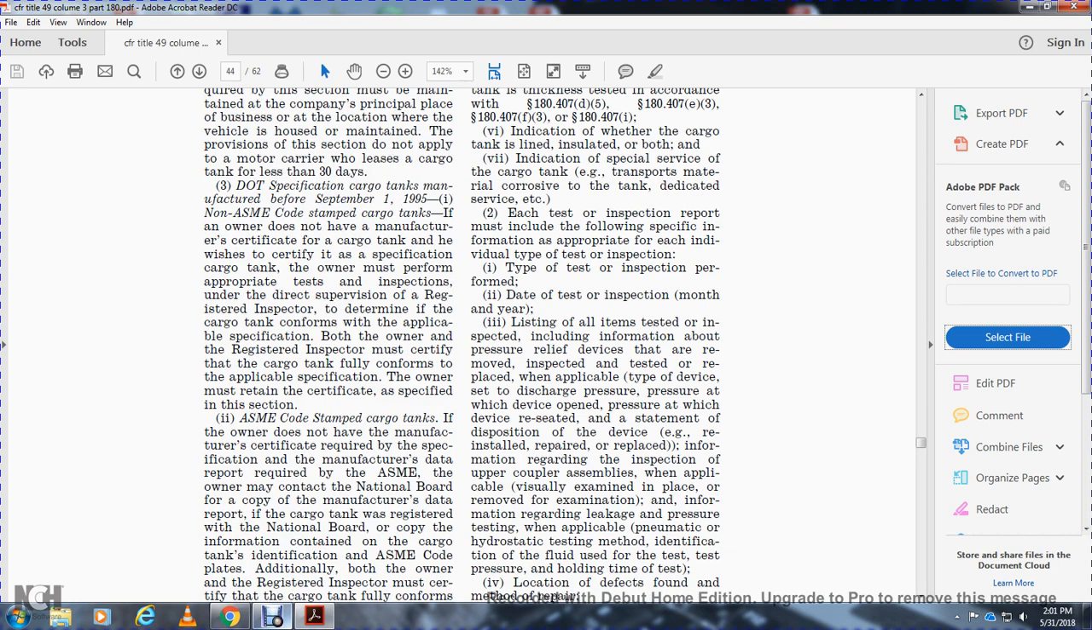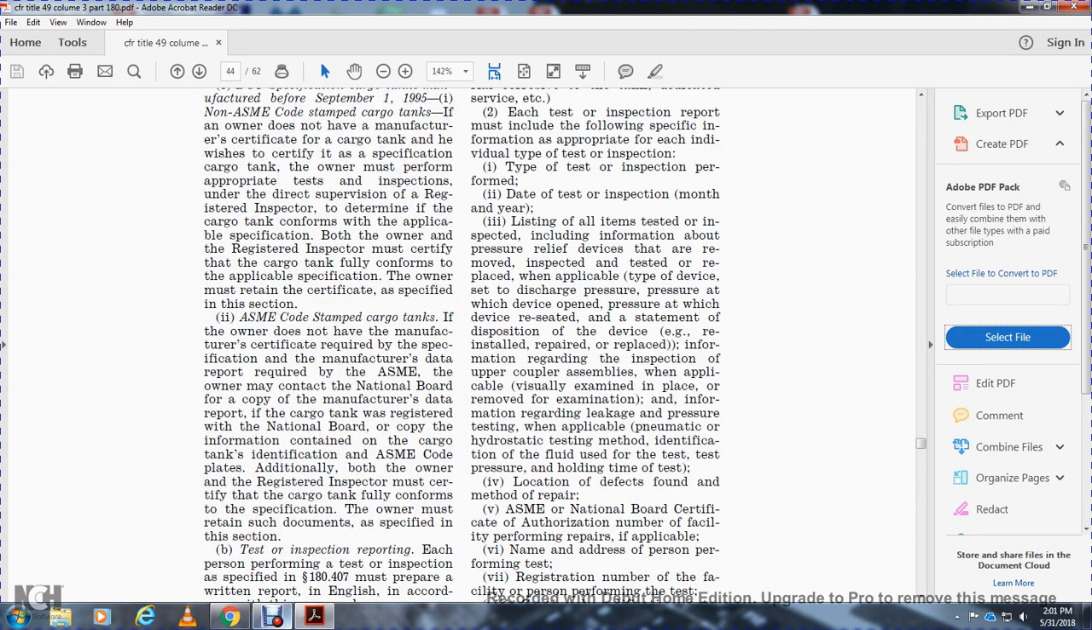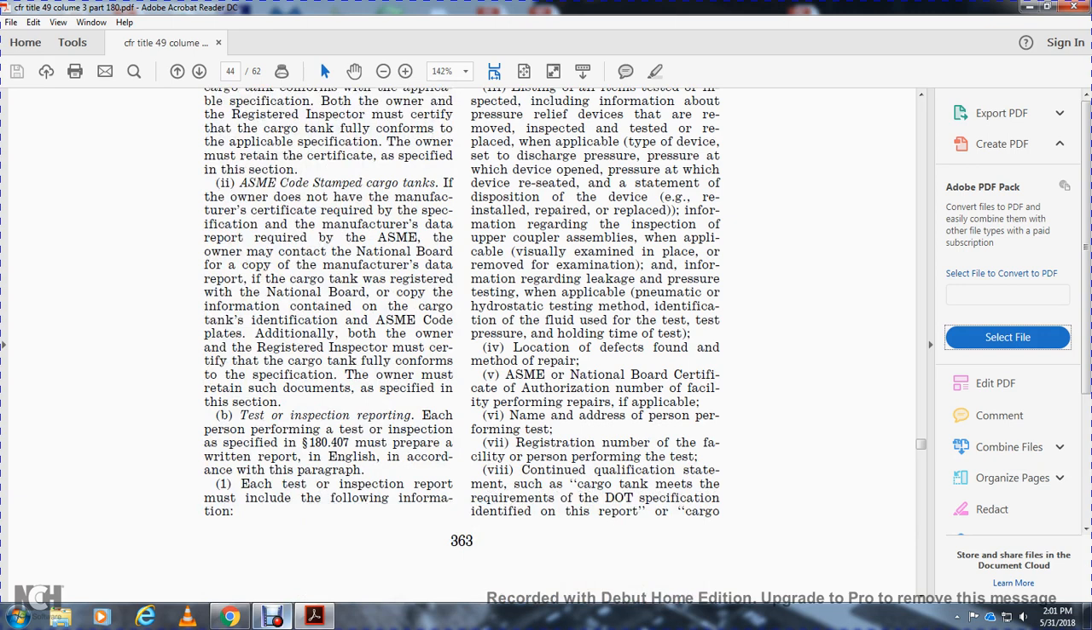Information regarding leakage and pressure testing, applicable to pneumatic or hydrostatic testing, the testing method, identification of fluid used for the testing and testing pressure, the location of the defects found, the method of repair, the ASME National Board certificate authorization number for the performance of repair, if applicable, the name and address of the person performing the test, the registration number of the facility of the person performing the test, continuing qualification